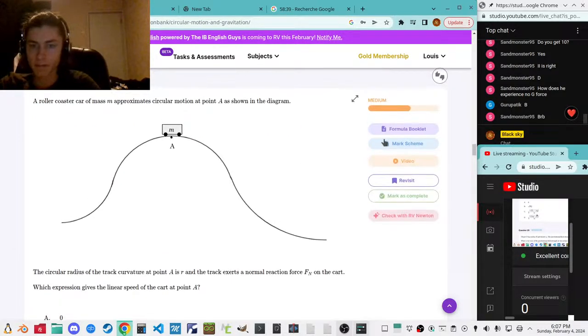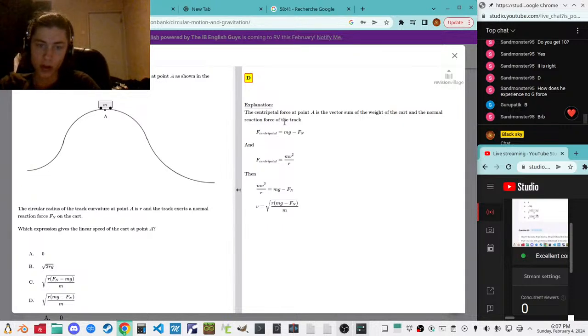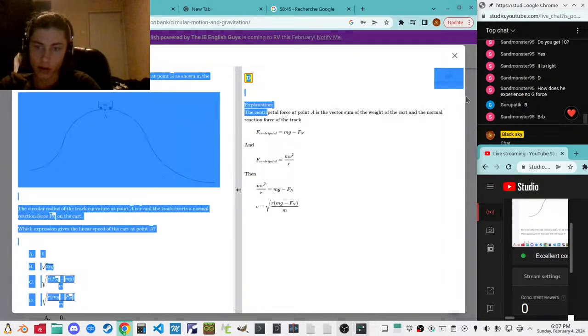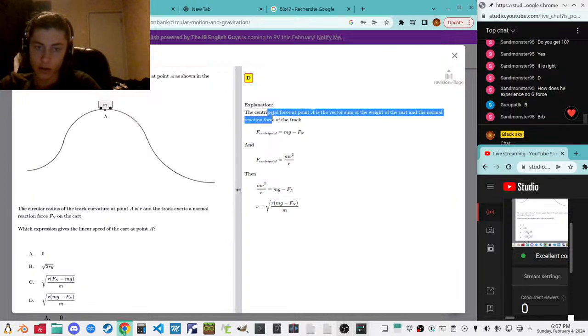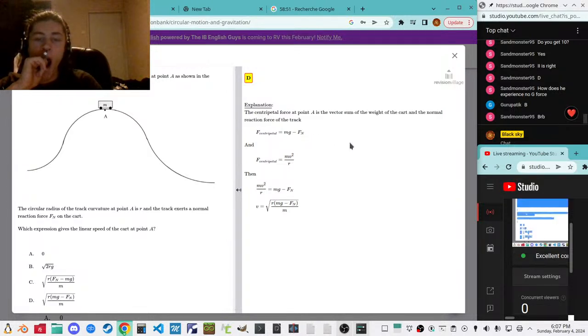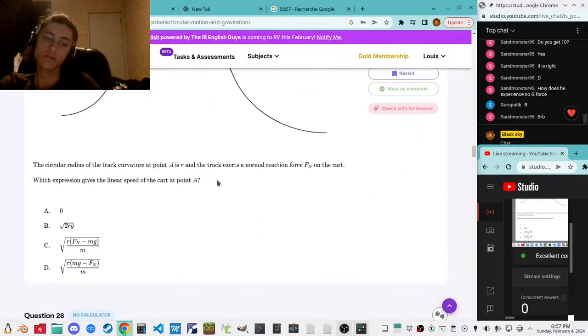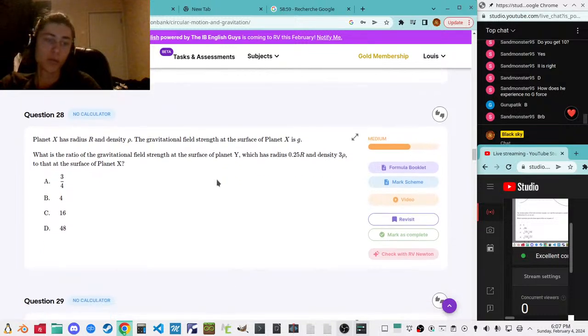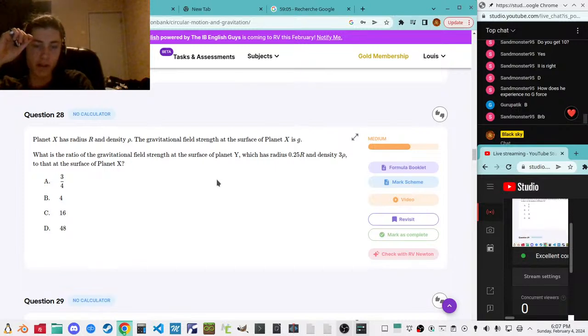D. But why? Centripetal force on point A is the vector sum of the weight of the cart and the normal reaction of the force on the track. Oh, yeah. I hate this unit. Planet X has radius R and the planet gravitational field strength at the surface of planet